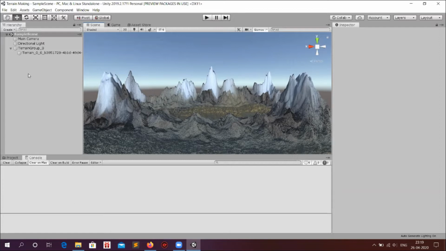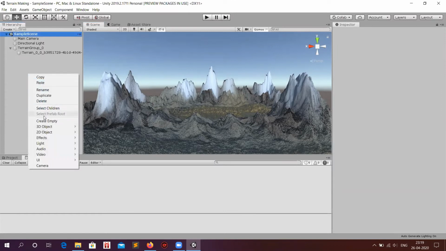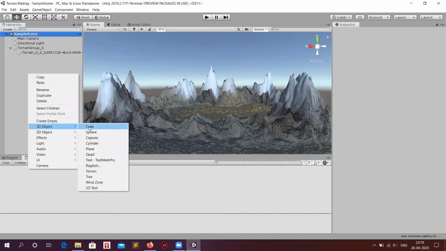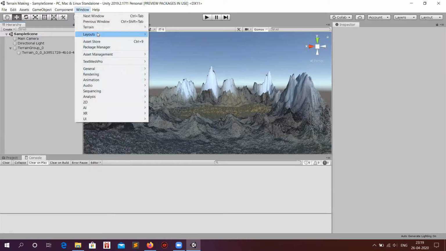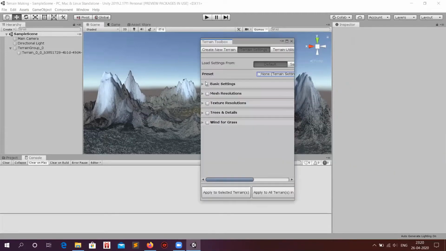In this part of our tutorial, we're gonna explain the various built-in options available for terrain building and how to use them. So to add a terrain game object to your scene, simply right-click on your hierarchy window, select Game Object, then 3D Object, and select your terrain from the menu. Or simply go to the Windows menu, and after that select the terrain tool. This also adds a corresponding terrain asset to the project view.